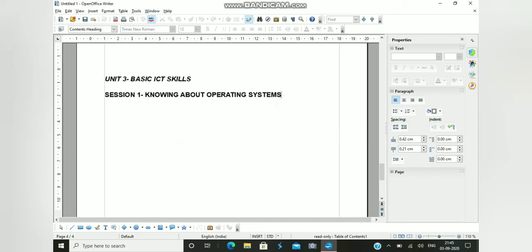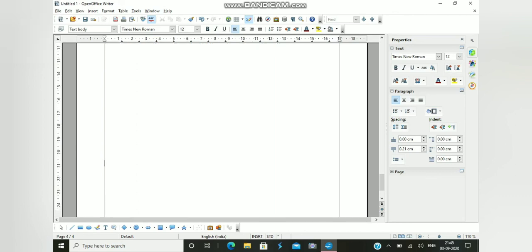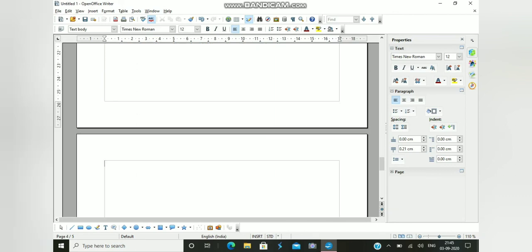As I click here, I just press the Enter key, and go down to the next page, as you can see over here. So this is my fifth page, and here I'm going to enter unit 4, and write as we have Entrepreneurial Skills over here. As you can see, I'm just typing over here.